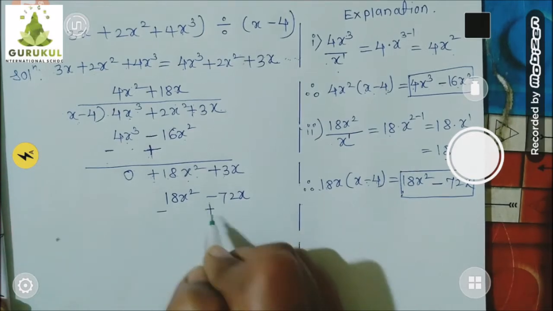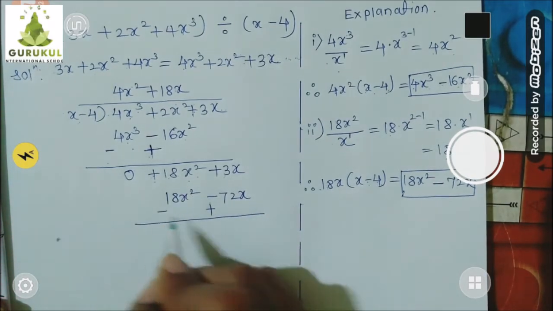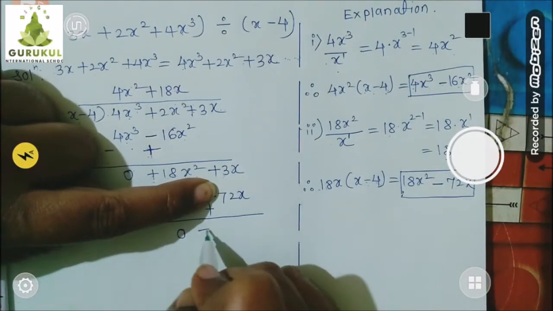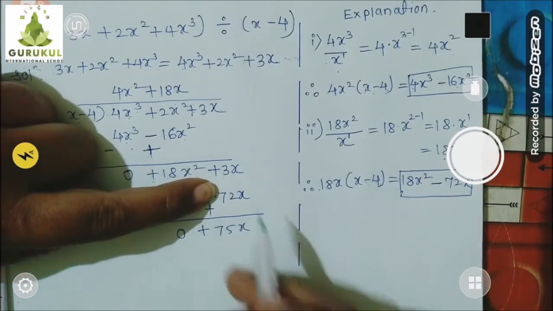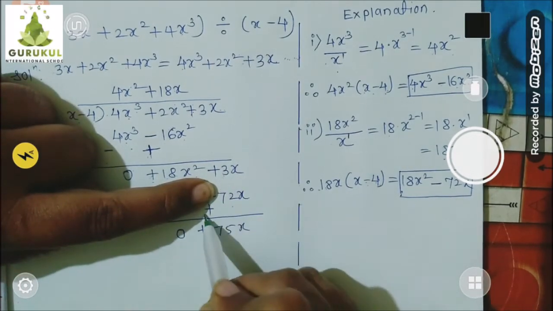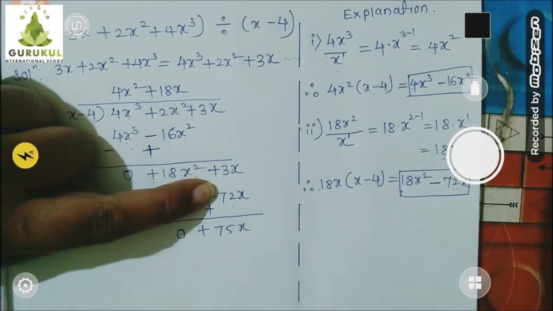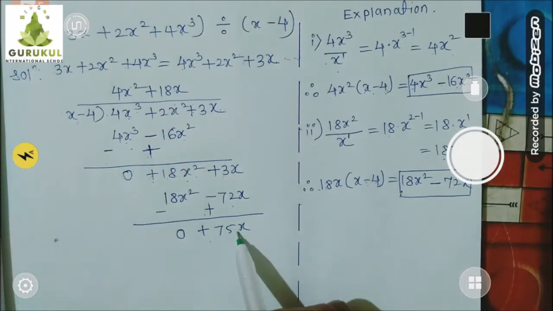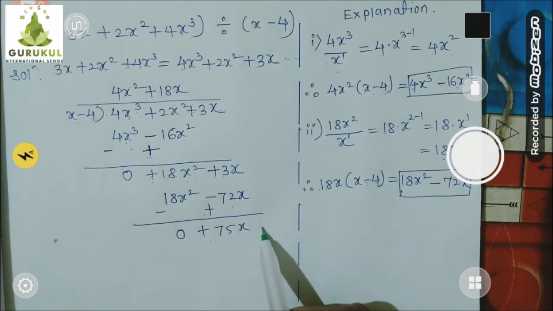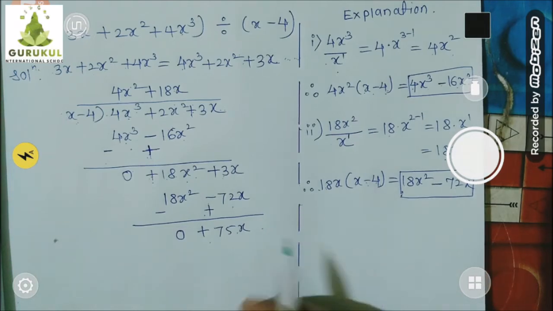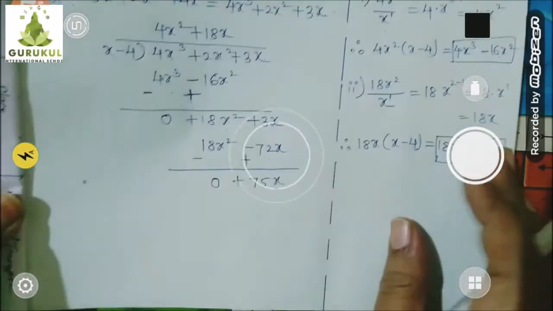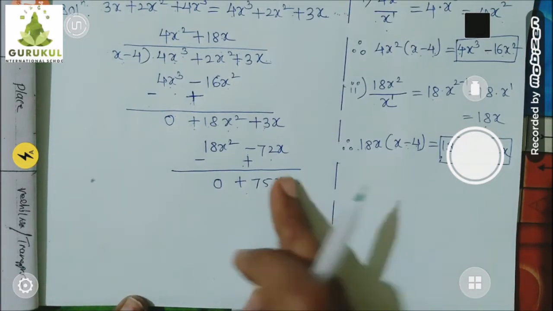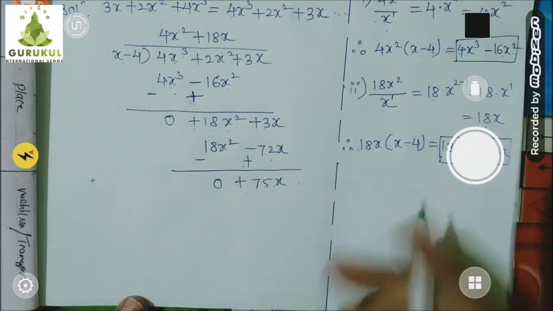Now time for subtraction, sign will change. Plus 18x square minus 18x square, 0. Forget the original sign. Plus 3x plus 72x. Answer is plus 75x. Same sign, add the number, put the greater number's sign to the answer, and this x will remain as it is. Okay. Now children, after the x term, there should be one more term which is the constant number. But you can assume that after this, constant number 0 is there. Or else if you consider this is a monomial, then too it is okay.